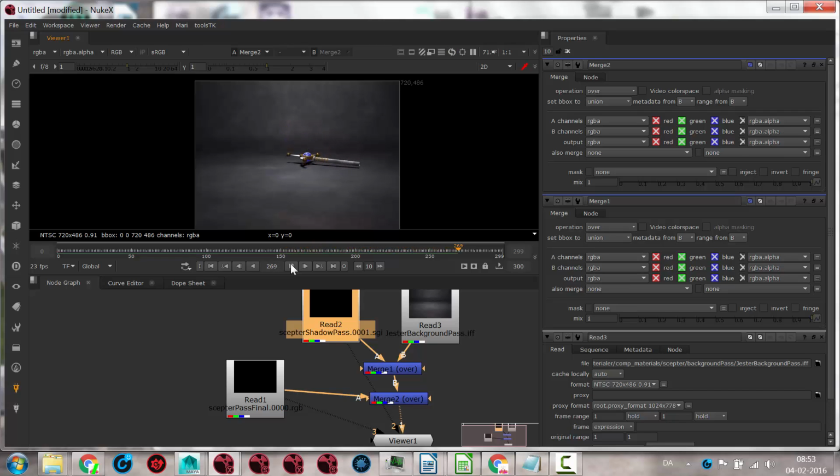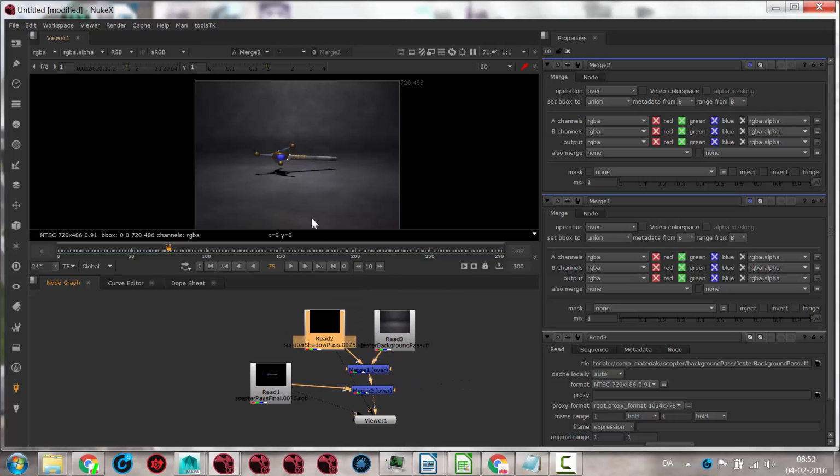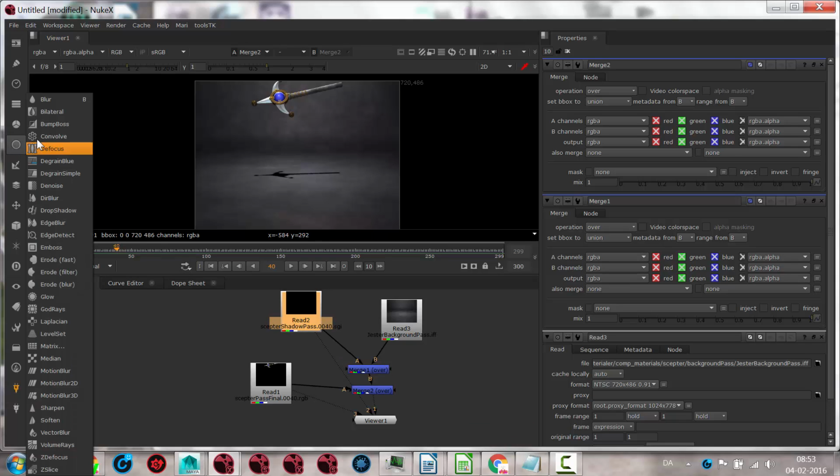So maybe you will say, okay, what's the deal? I could just render that as one sequence, and you could. But the advantage here is that you can start doing things to this. So for instance, when this scepter is up here, I might want this shadow to be more blurry. So if I just pull this apart, I select the shadow, and I go to my filters, and I choose